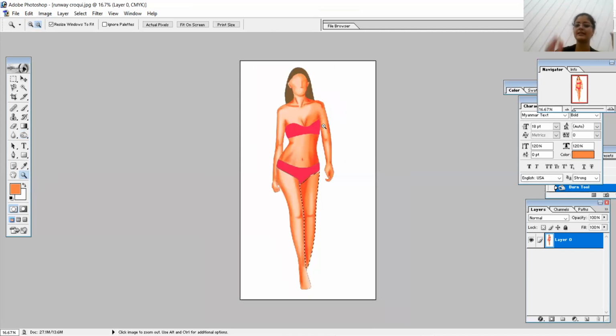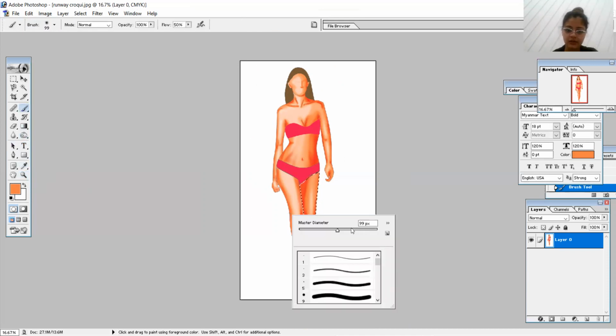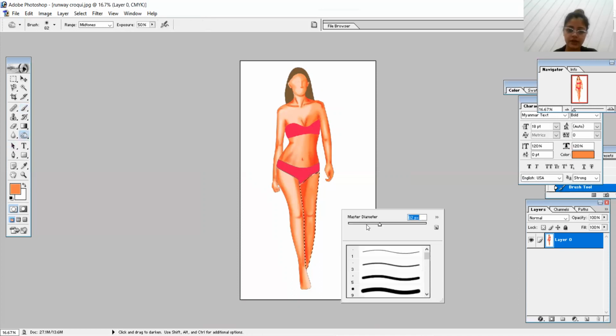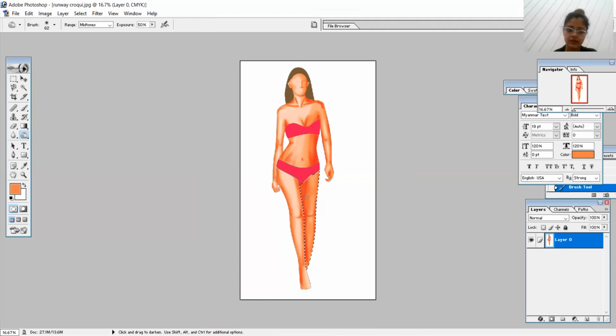You can clearly see the right part of the whole body is more dark than the left one. Also, I would suggest that I do the base coat more dark over there in this area. So if I take the burn tool, I would recommend simply doing it dark on the larger area.